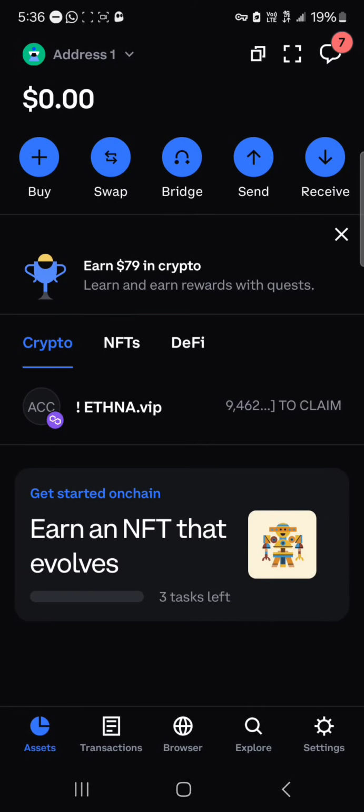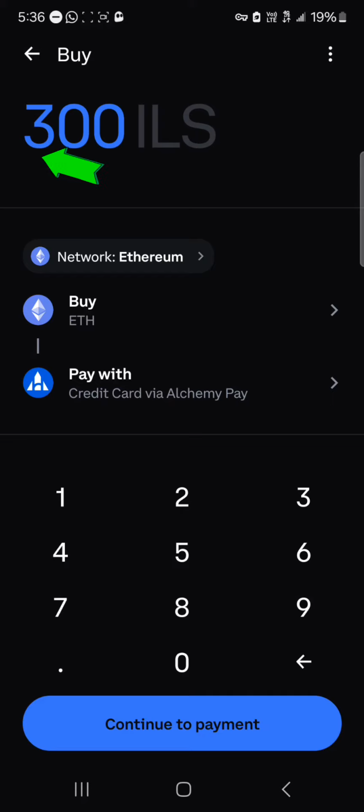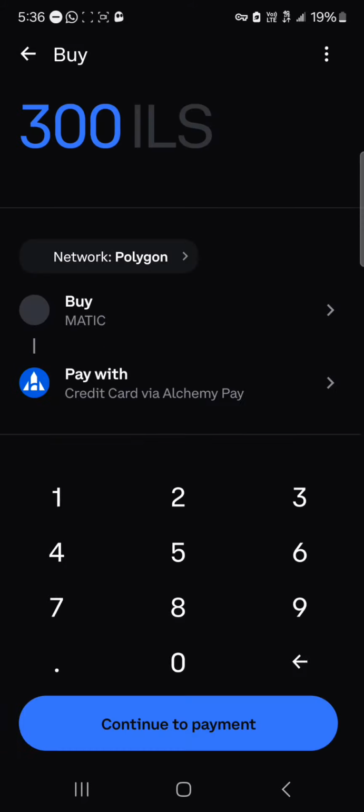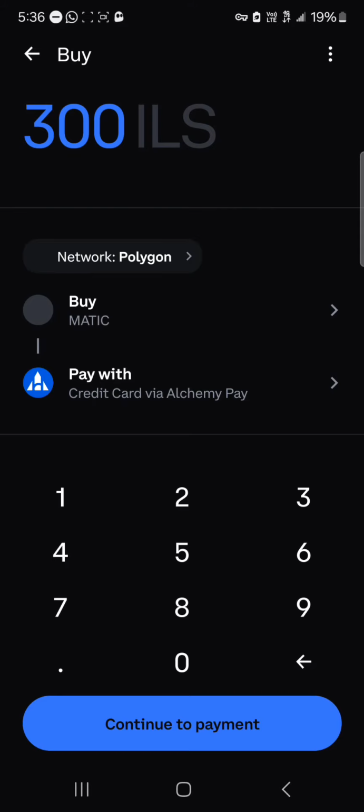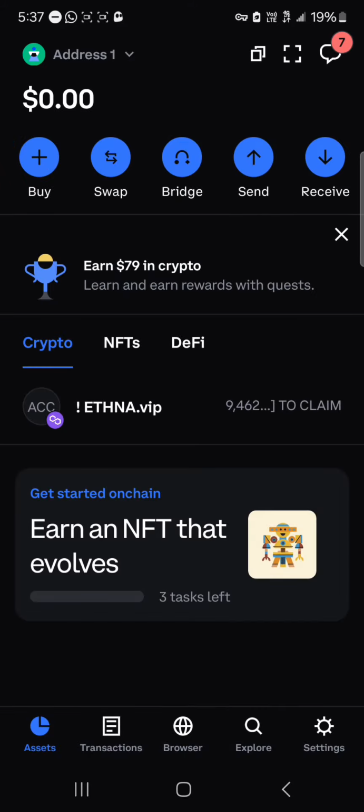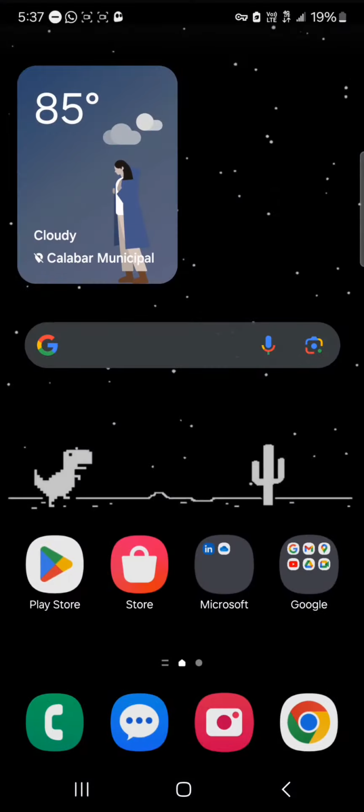So if you do not have the local cryptocurrency being the Polygon token, use the buy icon at the top left to simply buy using your credit card. So you could just select the network being the Polygon and buy the Matic token, and you'd get some Polygon Matic on your wallet. So guys, once you've sent your USDT from the Coinbase wallet, minimize and open up the